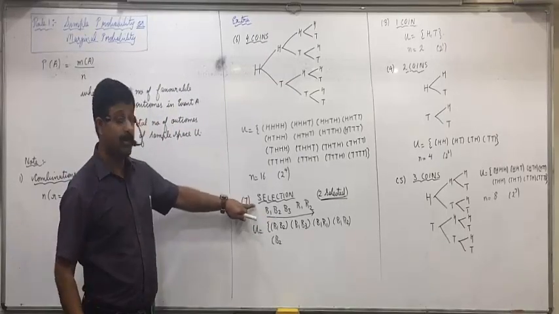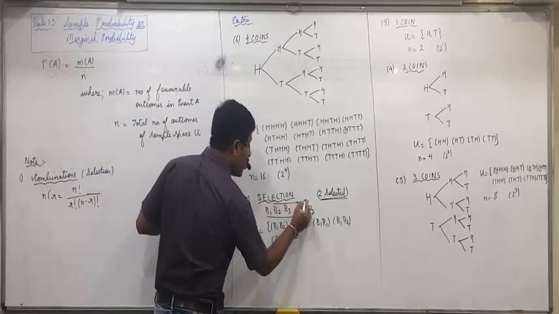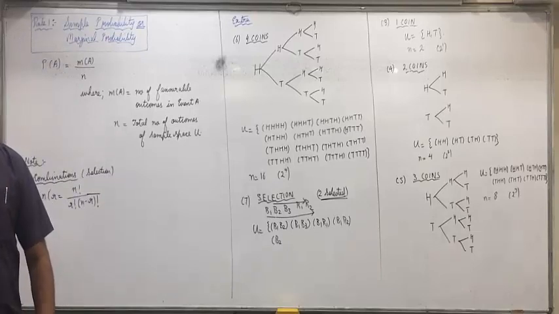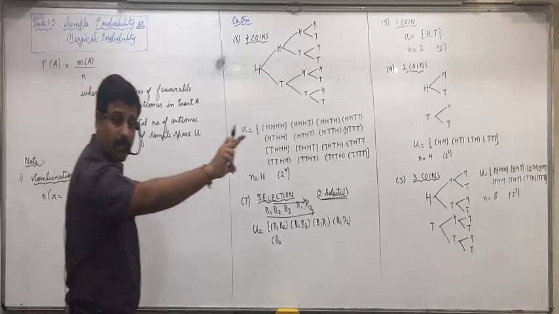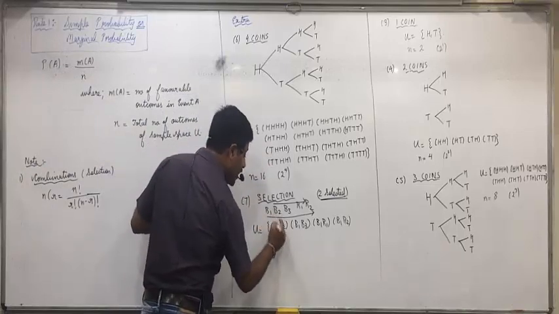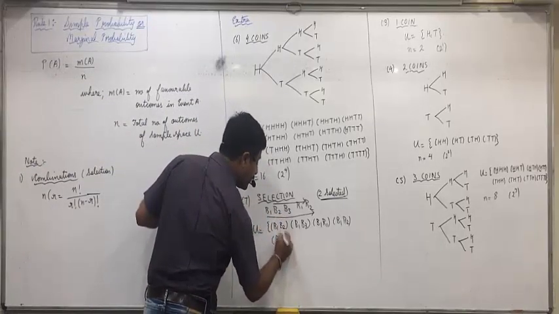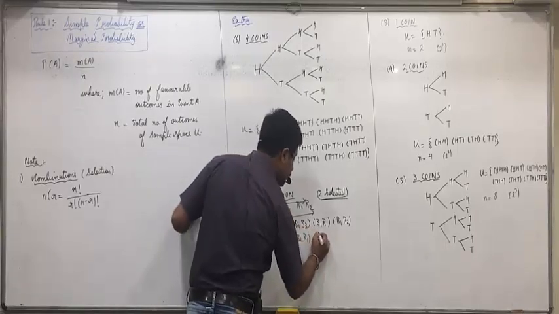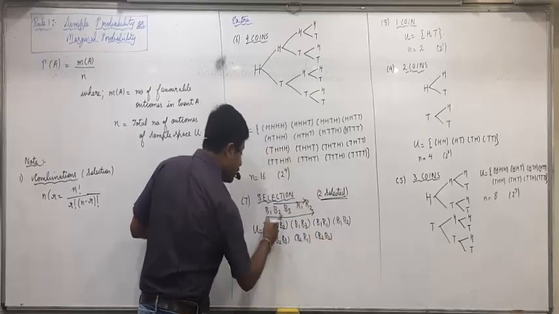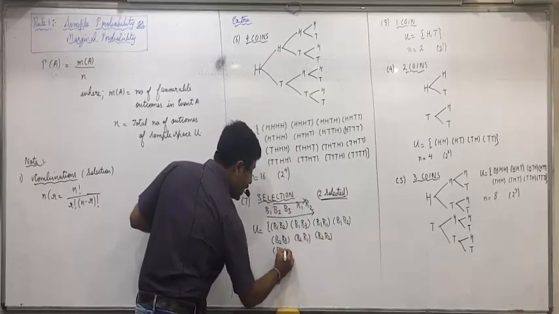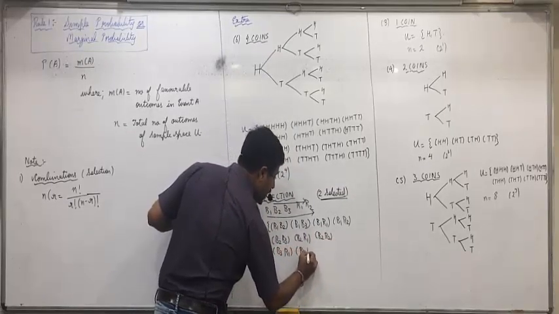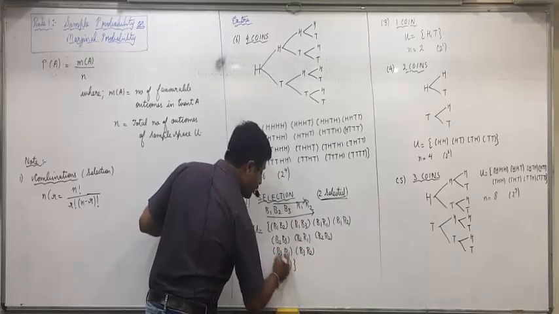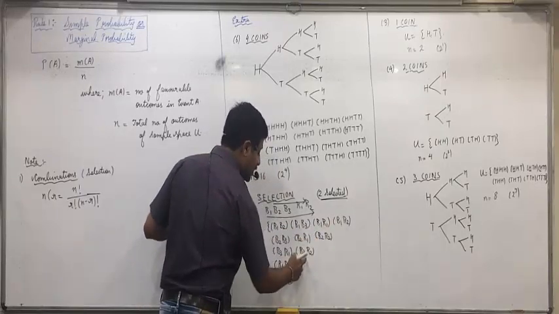You remember that whenever it comes to selection, go only forward. Do not go backwards. Whenever it comes to selection, you'll go only forwards. Means when you start with B2, you'll directly take B2 B3. Then B2 R1. Then B2 R2. Then when you take B3: B3 R1, B3 R2. And when you take R1: R1 R2. 1, 2, 3, 4, 4 plus 3, 7 plus 2, 9 plus 1, 10.